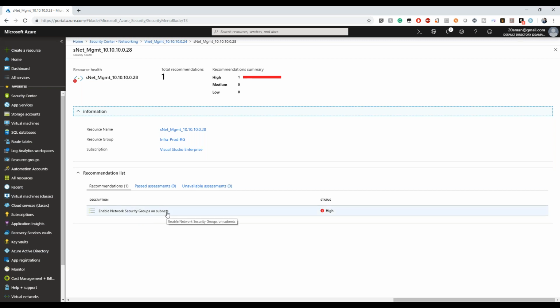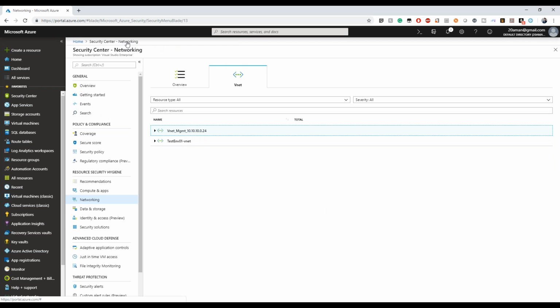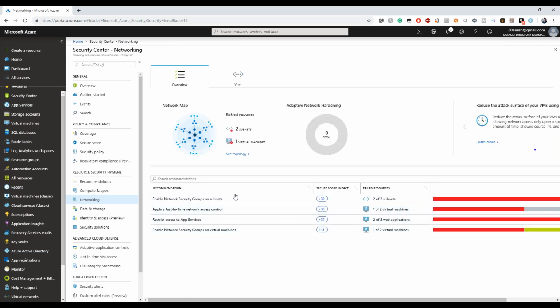If you don't know what a network security group is, it is kind of like a firewall on your subnet. Through a network security group, you provide the combination of IP address and port and specify for inbound communication what should be allowed, and for outbound communication what the rules are and what is allowed. So you can do that at the subnet level. Microsoft recommends that you do it, unless you have a third-party virtual appliance. This is what is recommended by default in your whole environment. This is from the networking perspective.